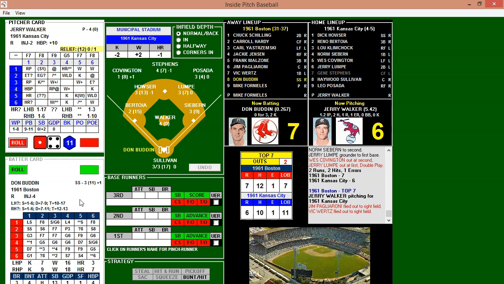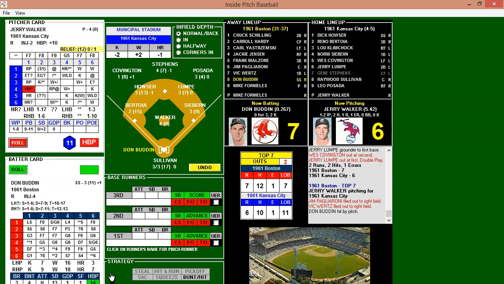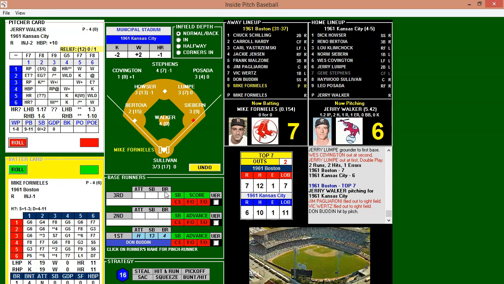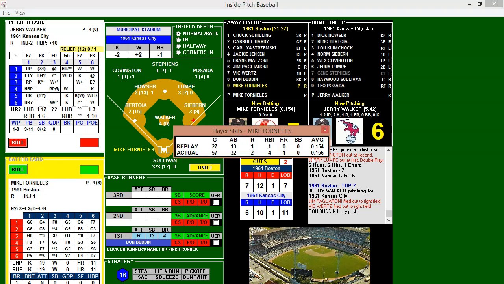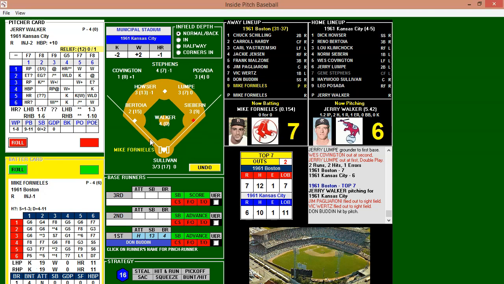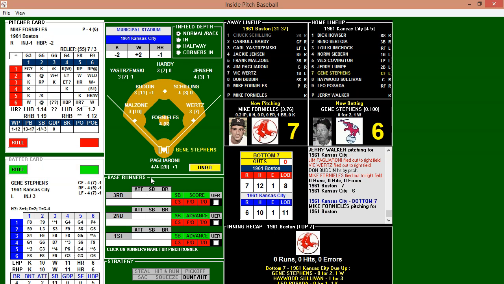Button up there now. 0 for 3, looking at Tone for his error. Gets hit by a pitch. So he'll reach first. Takes one for the team there. And Mike Fornellis will stay in there. Mike Fornellis not too bad of a hitter. 156, hitting 154 so far in the replay. And it'll be a fly ball to right to end the inning. So Fornellis back out on the hill. He'll face the bottom third of the order. Stevens, Sullivan, and